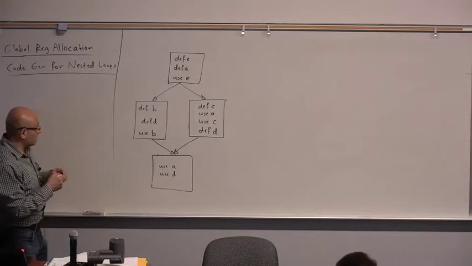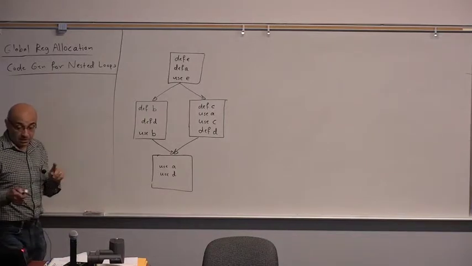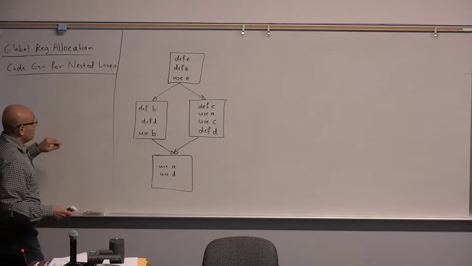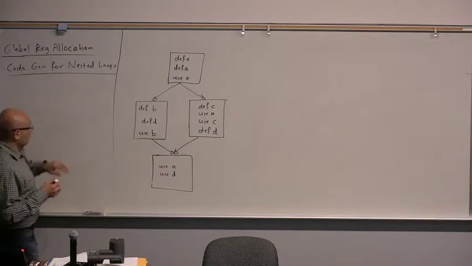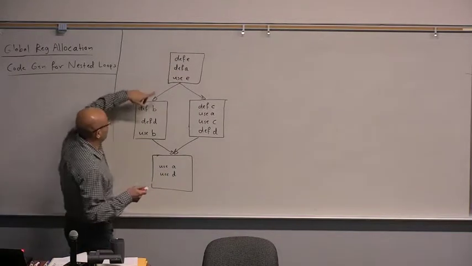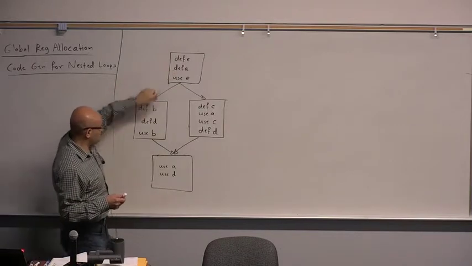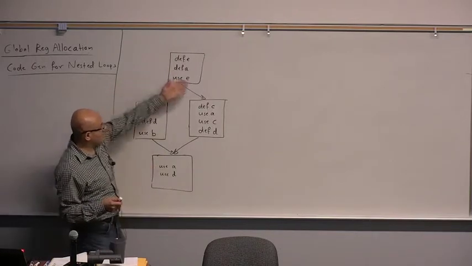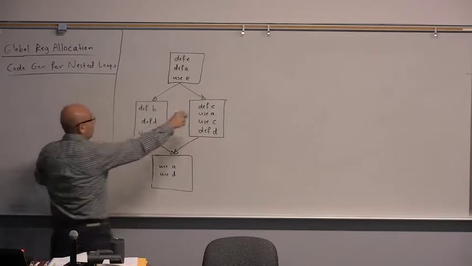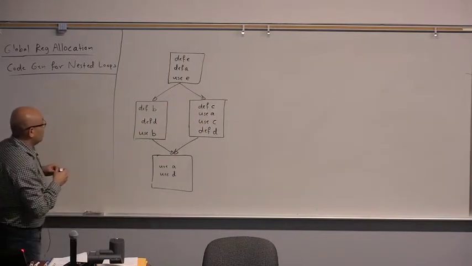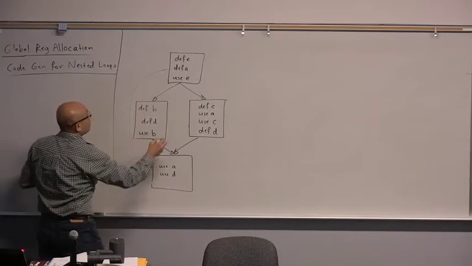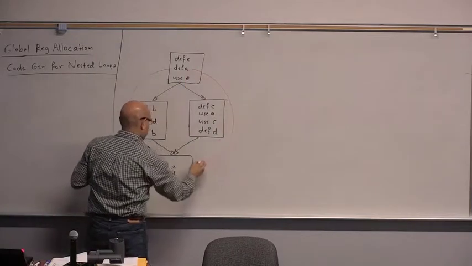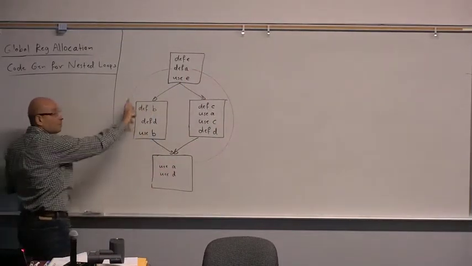Because I noticed that many students are still having difficulties with the concept of a live range, and why when we spill, we avoid interferences. First of all, the live range of A starts with a definition and ends with this use, and there is another parallel live range here in which A is being used. So the live range of A is like this and this. So A is live throughout this entire